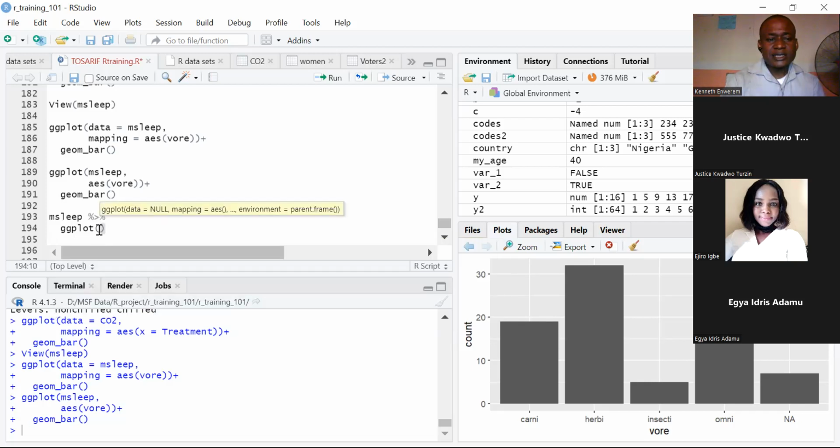Now, since we have already written our data set up here, we don't need to come back here and tell R again what data set, because this is being piped into ggplot. So we can skip this whole line because we already have msleep as the beginning of our code. So we can just go straight to the second one and just write aesthetics